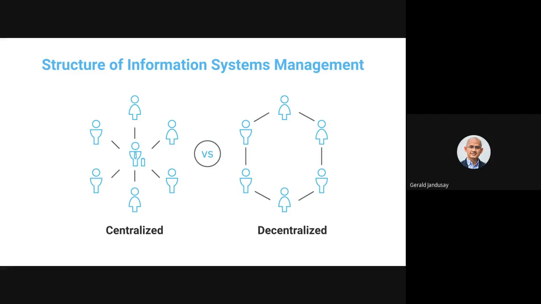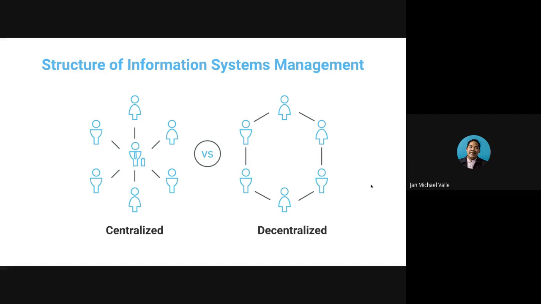So initially, that's how it might happen coming from these kinds of structures. There's also a sweet spot, no, when we see these kinds of things happening in the organization. So there is also what we call a hybrid system, wherein it's a combination of both. There is a degree of decentralization, similar to this one, but there is still an overall information systems management department in the company, managing everything, and also making it easier for everyone to